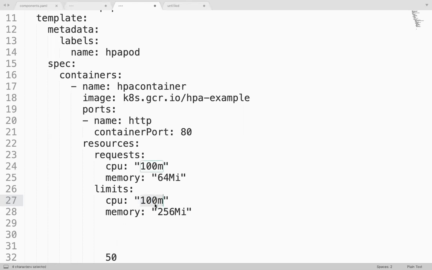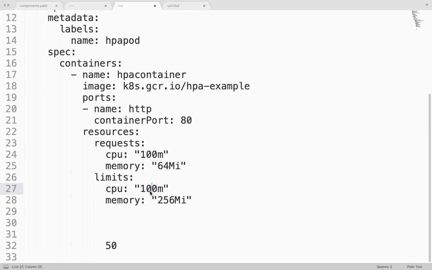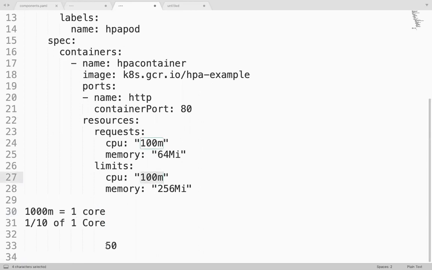So here I have mentioned 100, which is 1/10th of 1 core CPU. So here 1000 millicore is 1 core CPU. So what is the average I have mentioned in HPA? 50%.